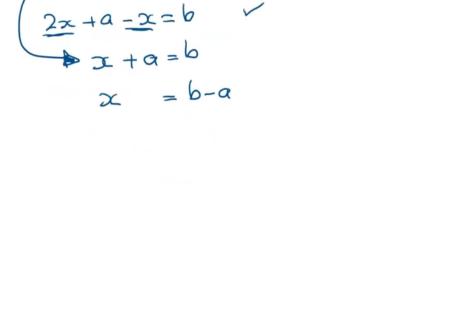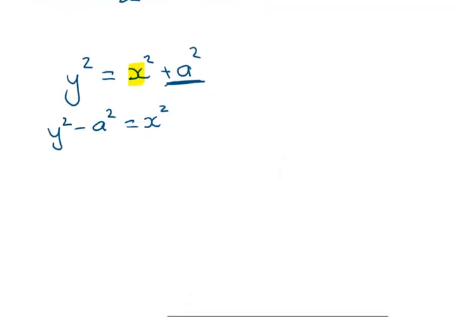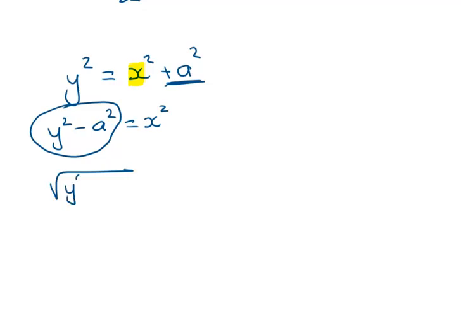Okay, next question is y squared is equal to x squared plus a squared. Again, we're trying to isolate x, so we're going to start off by subtracting a squared from both sides, and we have y squared minus a squared is equal to x squared. We need to do our square root thing again, so we're going to take the square root of all of this,